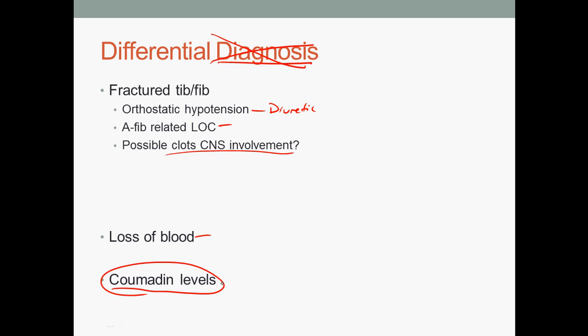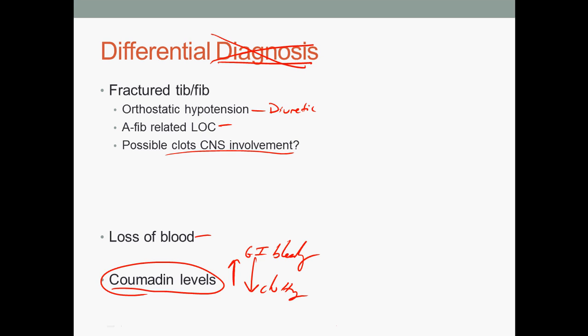And if she's not well regulated, she could have too high levels or too low levels. And if it's too low, she's going to be clotting. And if it's too high, she's going to have GI bleeding. And of course, she's had traumatic bleeding, so she's going to have increased bleeding through trauma too. So again, it's not really a differential diagnosis. It's more of just, let's look at the body systems of what's going on here and try and explain things